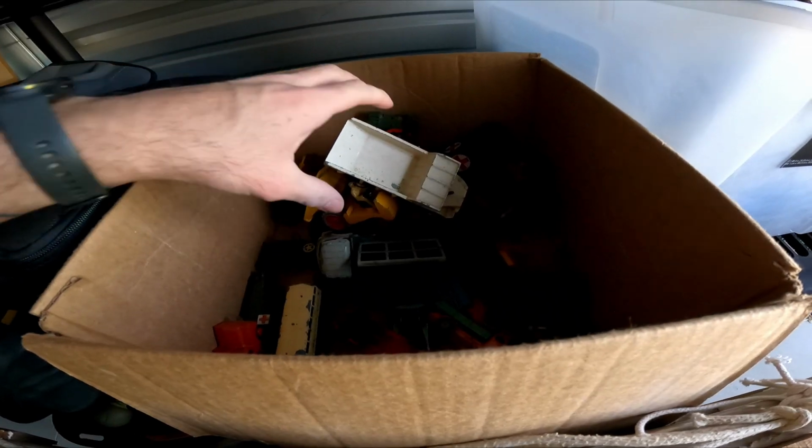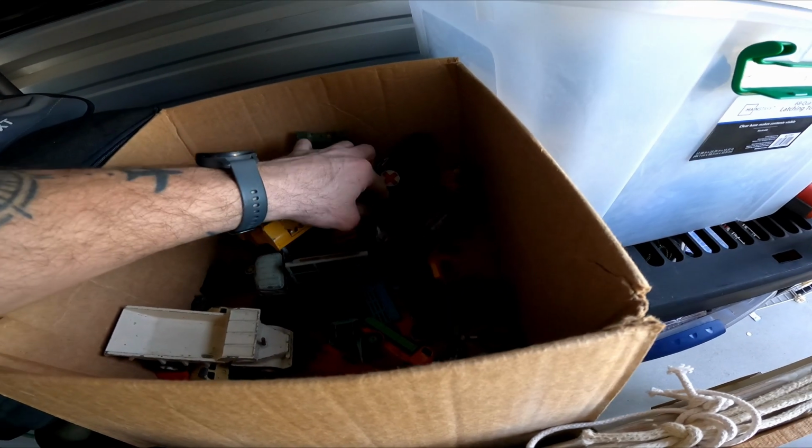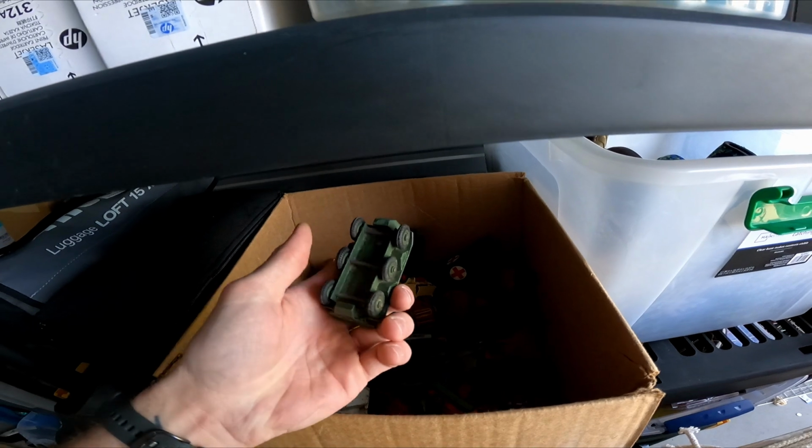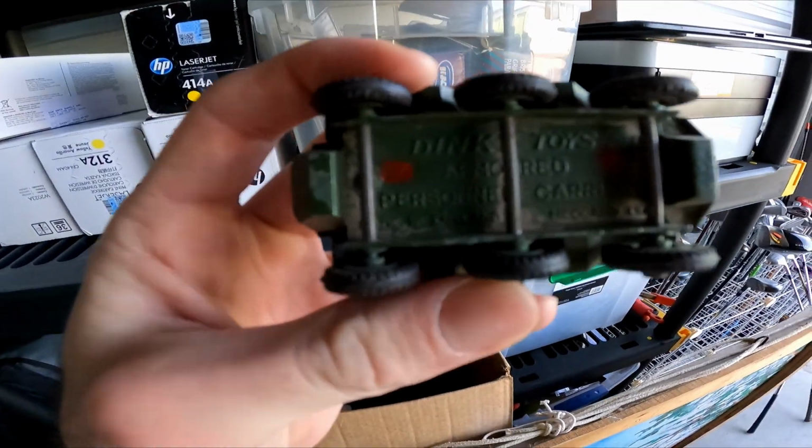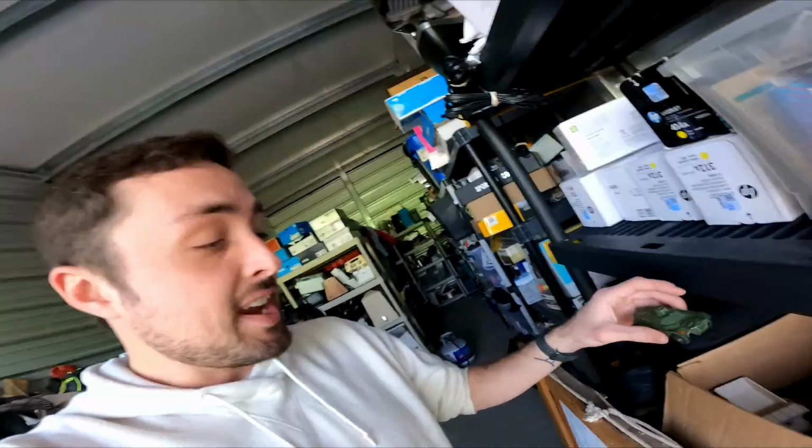pretty quickly. This is all I have left now of my Dinky Toys buy. I believe it's this one. Yeah, the armored truck. So this sold for $20, and this buy was fantastic. Right when I started making videos again, I think it was my first video, starting 3 months ago, I bought this on Facebook Marketplace. I bought a big old box of these for $175, and you would think that's absurd. It's Dinky Toys, D-I-N-K-Y. These vintage die-cast toys sell incredibly. I have made probably $1,200 so far in total off this lot, which is insane, and I still have this